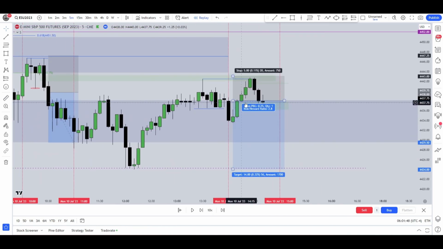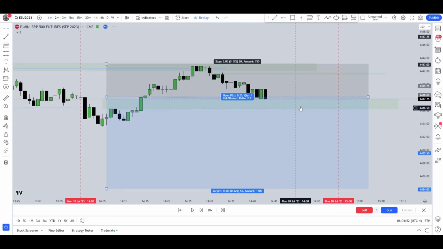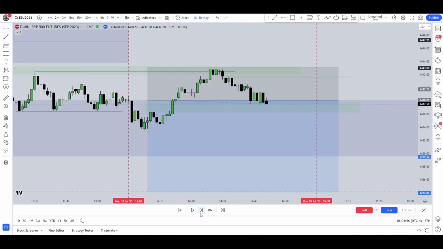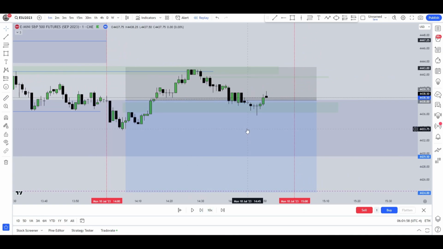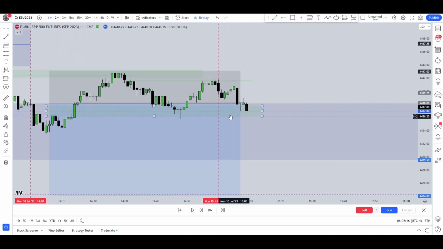So right when I saw this 5-minute fair value gap, I was a bit cautious and I wanted to see how price reacted in this range. And we can see price reacted to it. We went outside of it, but candles didn't close outside of it, and it went above the consequent encroachment. So this fair value gap is quite valid. So if we trade back into it, I wanted to see how we react. And we reacted again,